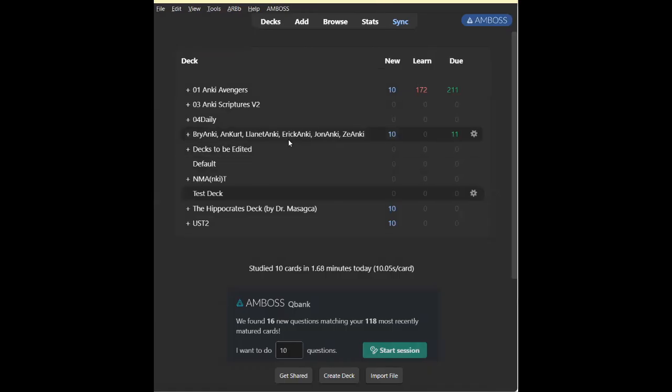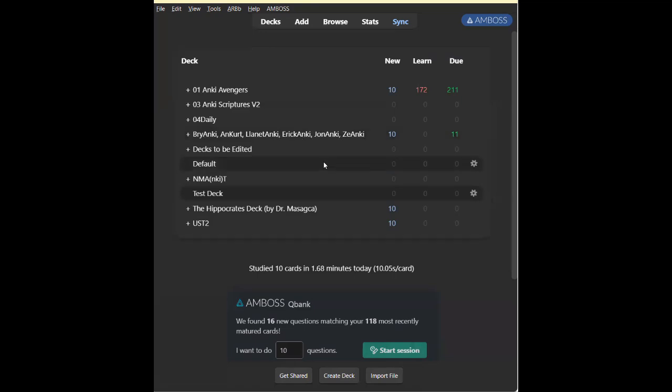Let's talk about the last thing that I want to talk about, Anki Web. Anki Web is the web version of Anki, and I am an Apple user. I have an Apple phone, but Anki Mobile is paid on Apple. But I'm able to answer decks on my phone even without paying. How can I do that?